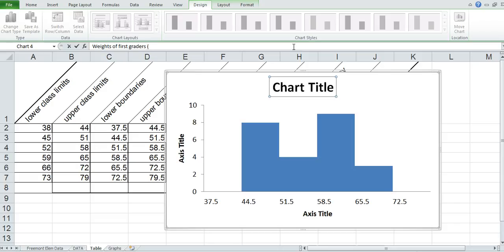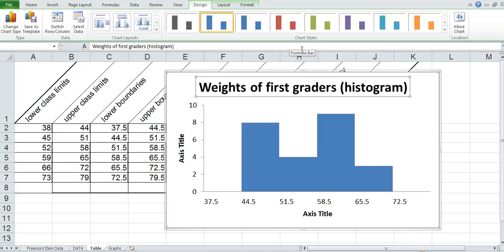And by the way, this is a histogram. You would not necessarily tell me what it was in there in general, but since, you know, this is a class and not a